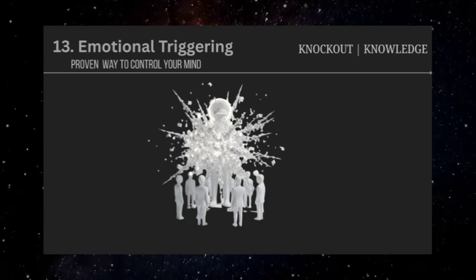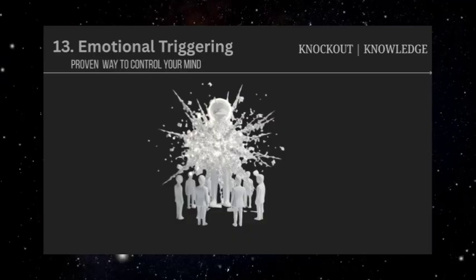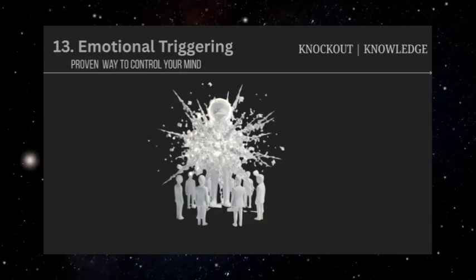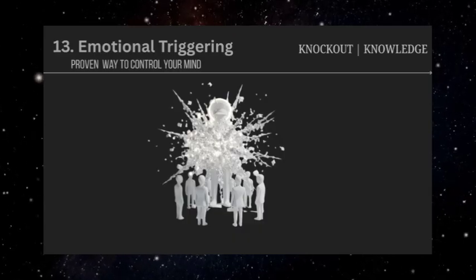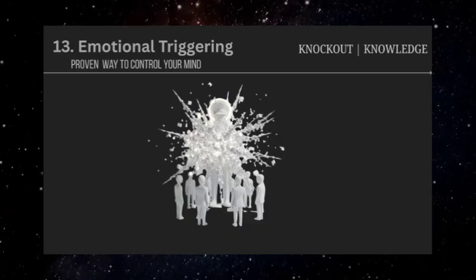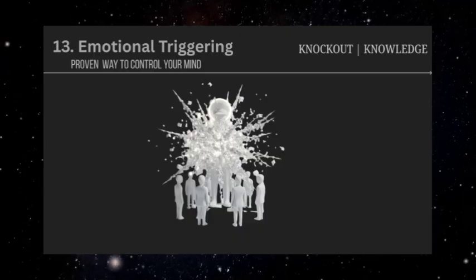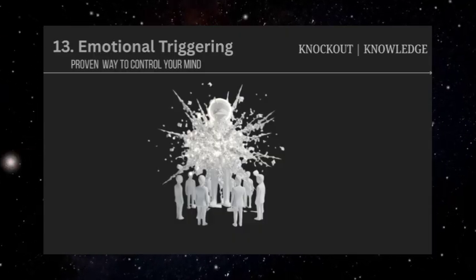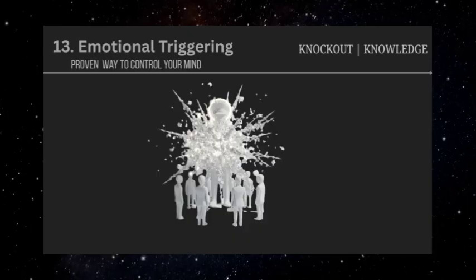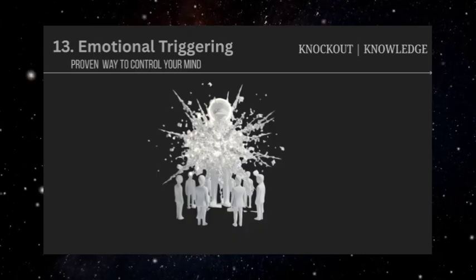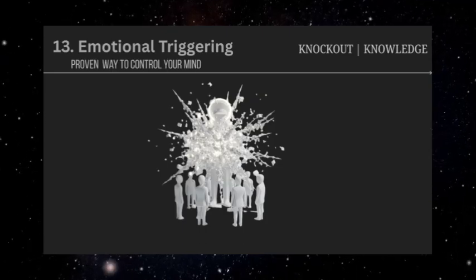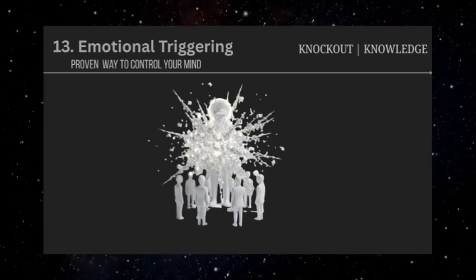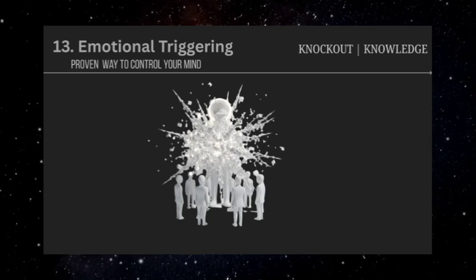The triggers don't have to be negative. Positive emotional triggers can be equally effective for manipulation. Words and concepts related to love, success, recognition, or belonging can create euphoric states that make someone more likely to agree to requests or overlook red flags. Someone might use phrases like "soulmate," "once in a lifetime opportunity," or "you're so special" to trigger positive emotions that override careful judgment. Political rhetoric frequently employs emotional triggering to mobilize support or opposition.